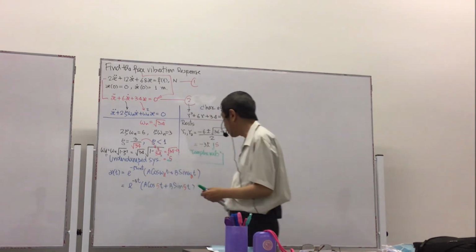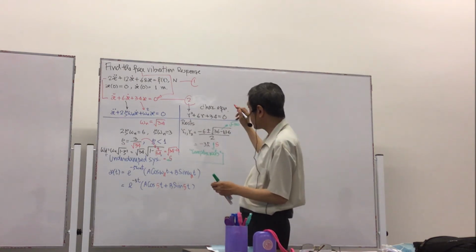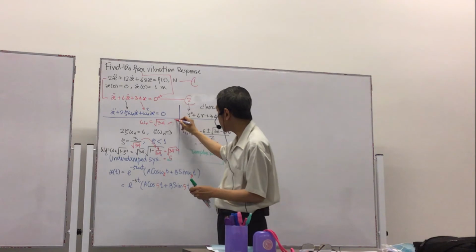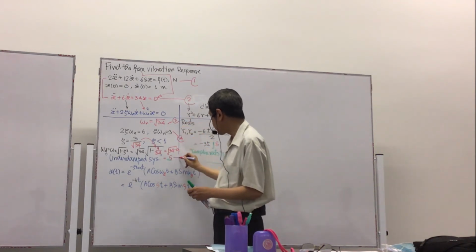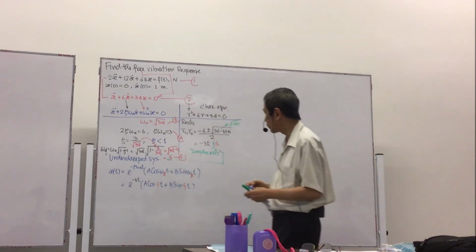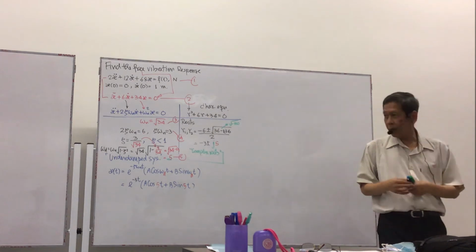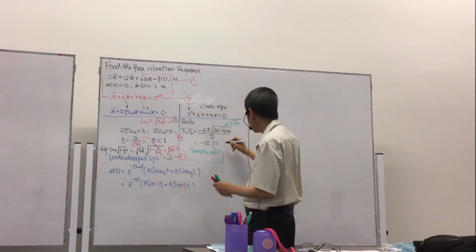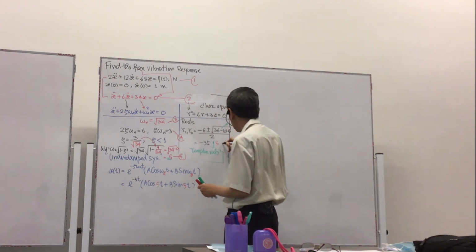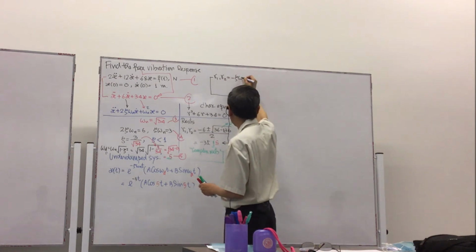If I would like to indicate, I may say this is 3, 4, 5. Comparing with the roots, when we find the roots, r sub 1, r sub 2 equal to minus zeta omega sub n